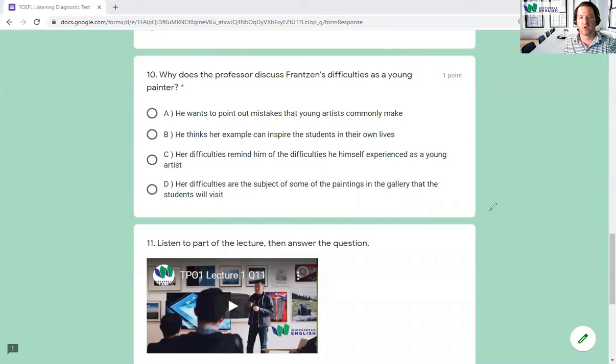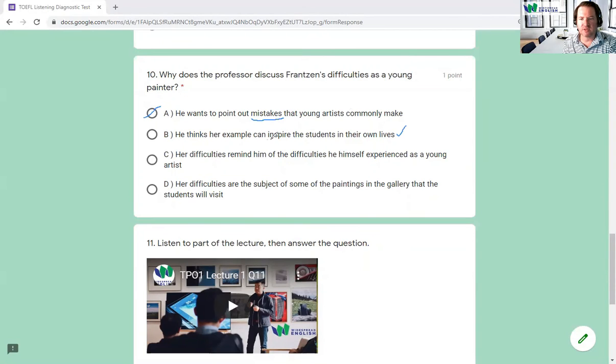Number 10, why does the professor discuss Franson's difficulties as a young painter? He wants to point out mistakes that young artists commonly make. I don't remember him really mentioning any mistakes that she made here, so I don't think it's going to be A. He thinks her example can inspire students in their own lives. I do think so here. Remember, he said at the very end, just keep going, keep doing, keep painting. So I think that